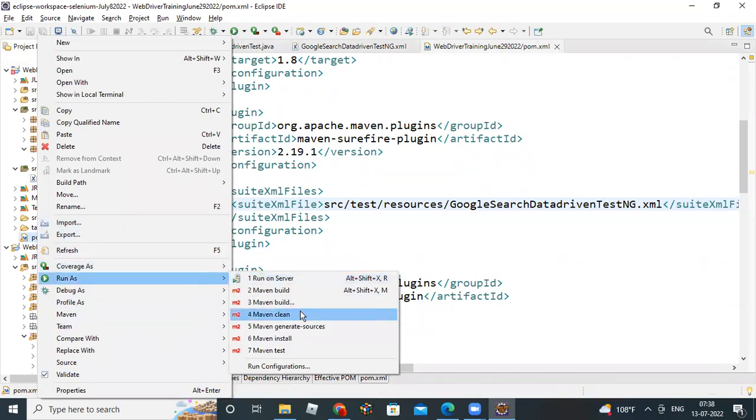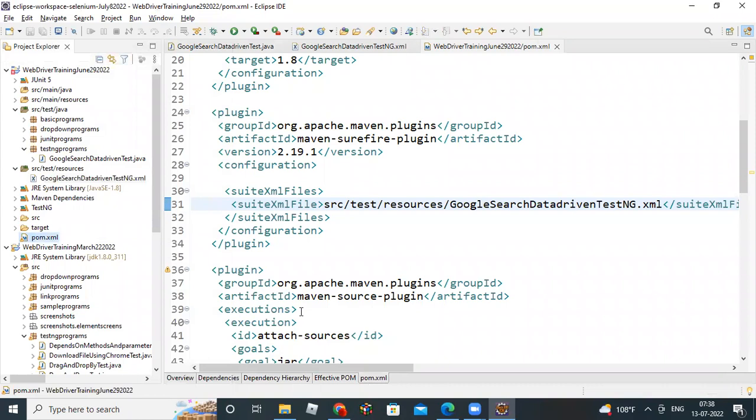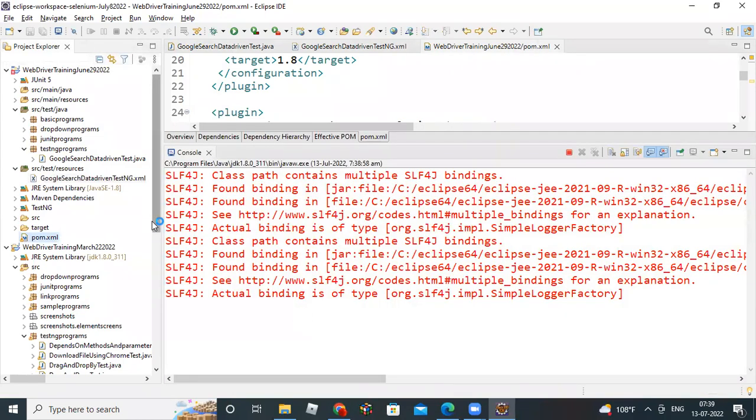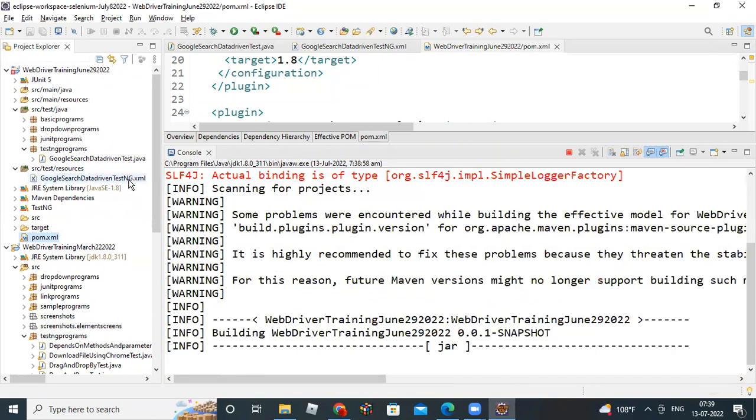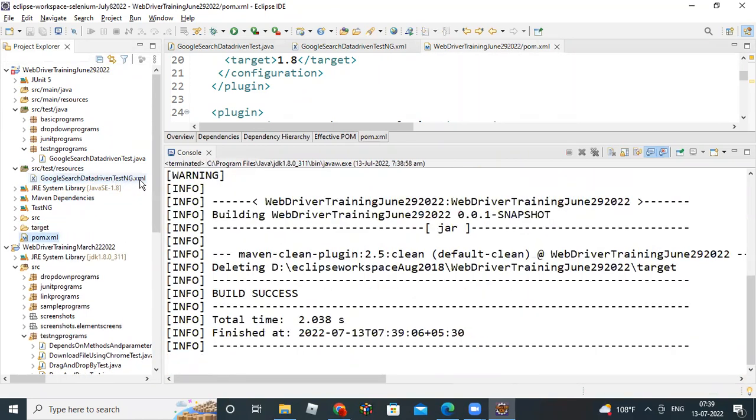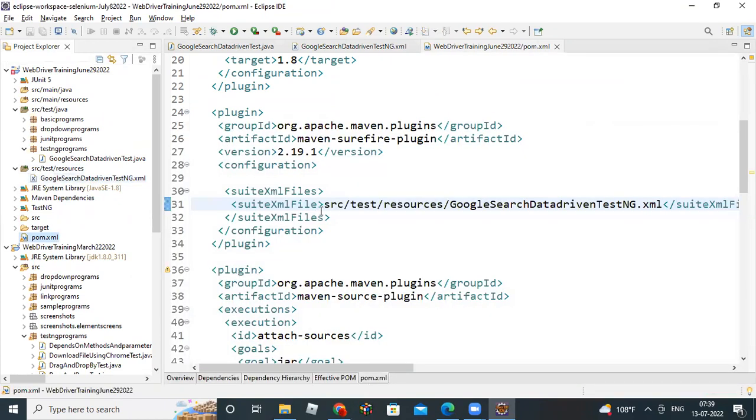First Maven clean I will do. This is the path I have given, src test resources, this file I have given. Because my XML file is here under src test resources, the same I specified. You can see here, src test resources, Google search,